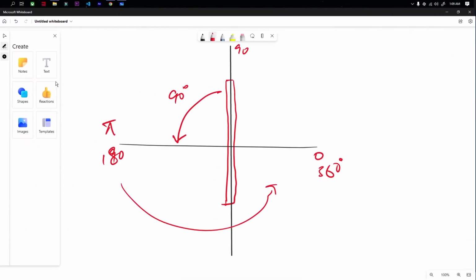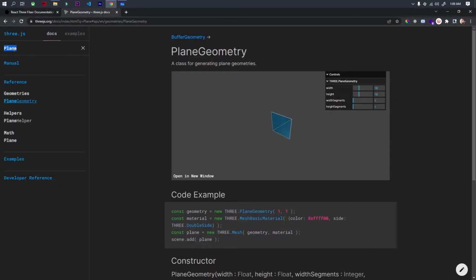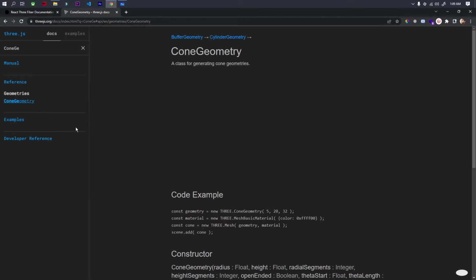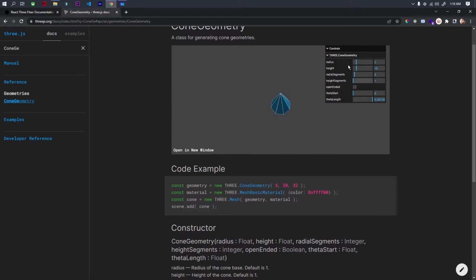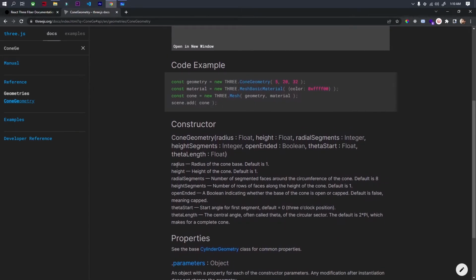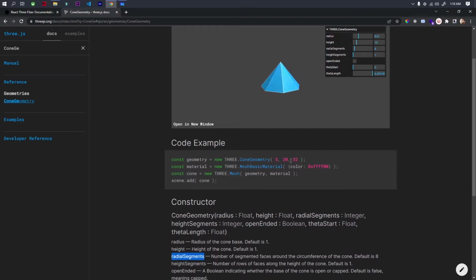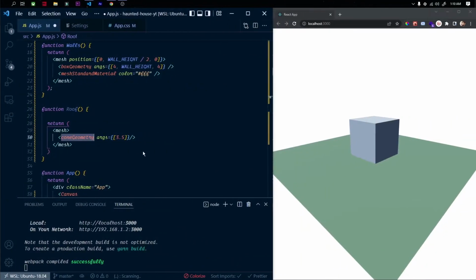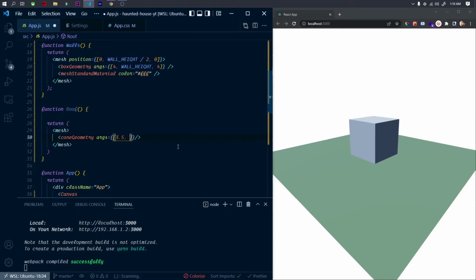We search for cone geometry inside the documentation of ThreeJS, and it will tell us what the actual arguments are and how we can configure them, or we can provide different values over here and then copy the values from here. So here the first argument is the radius, the second is the height, and the third one is the radial segments. So I will use some values from my previous project. So I put 3.5, 1 and 4,